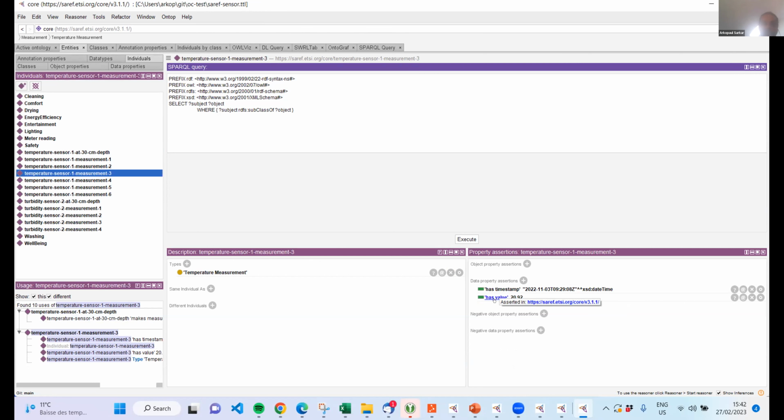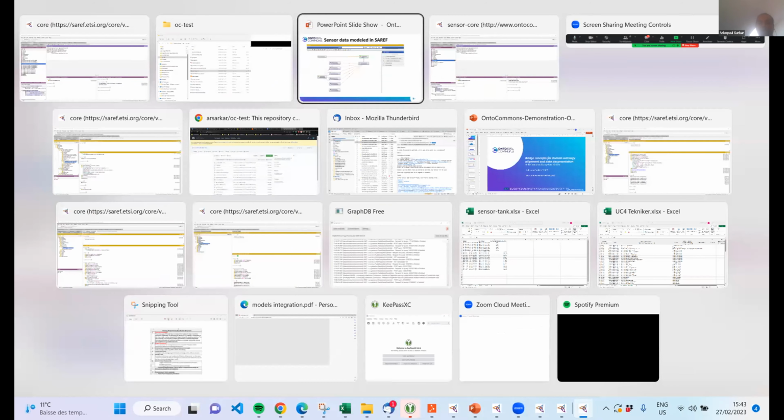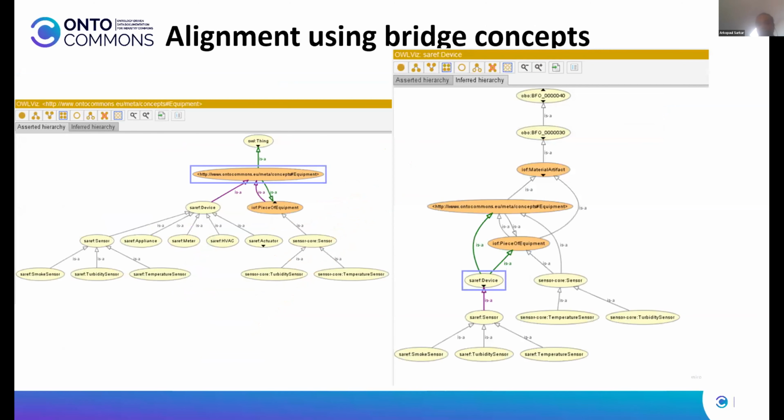Definitely this is much simpler, but it is not semantically as rich as IOF Core. So you lose some semantics, but it gives you the freedom to model it really quickly. Now we will come to the interoperability part, where we will try to use some kind of mapping to relate